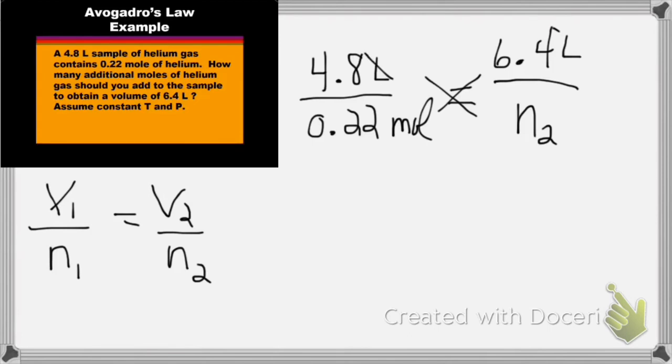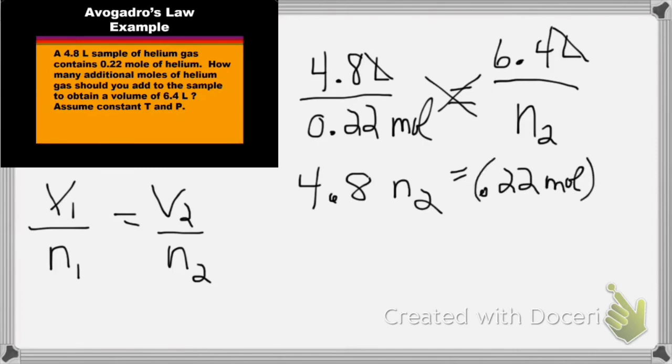We have to make sure they're in the same units. So 4.8 times N2 will equal 0.22 moles times 6.4. And when we reduce that, we're going to find that N2 equals